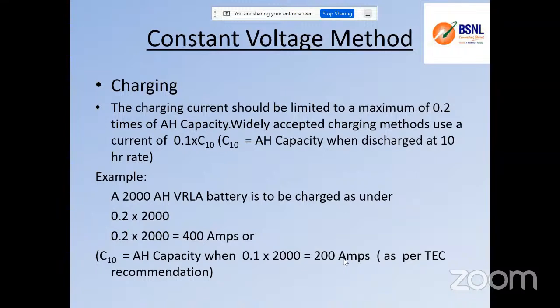Because based on the current only, I have to design the equipment, power plant, cables, etc. And the current can also create heat and other losses. So that is the reason it is restricted to the normally prescribed 20%, but from the industry point of view, it has been accepted to operate at only 10% of the capacity. Is it clear? Okay, thank you.